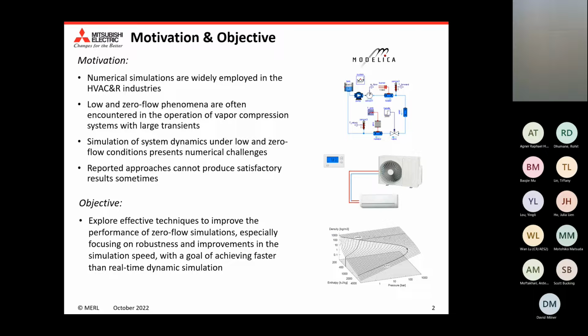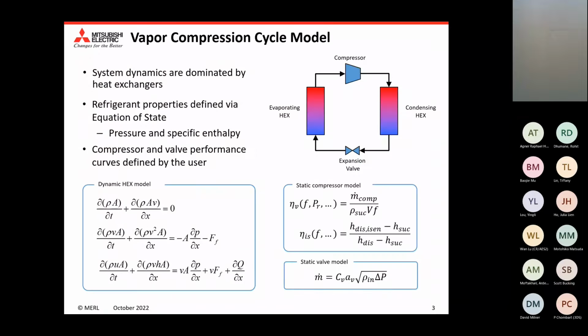So we said, okay, maybe we want to do a bit more research and explore some numerical techniques in terms of further speeding up the simulations. So this is where this work comes from. In terms of vapor control systems, here we have a very basic cycle. We have a compressor, condenser, valve, and then